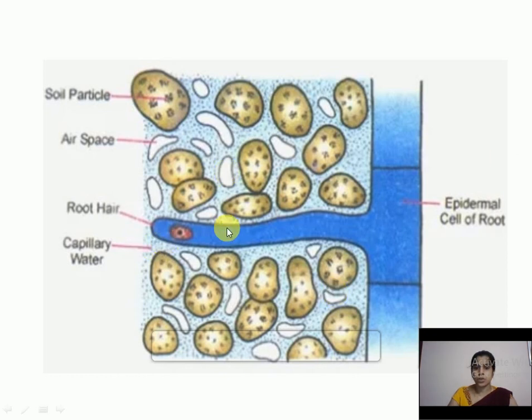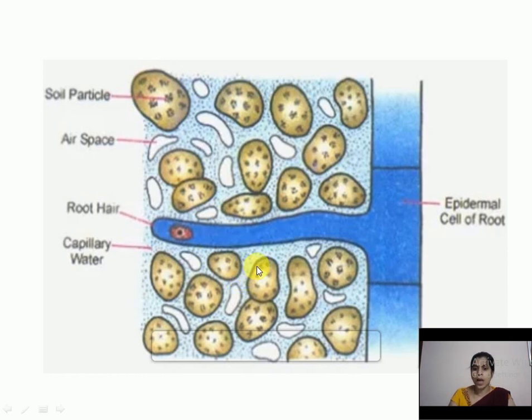See the root of the plant, especially the root hairs. You know that the small white hair-like roots help in respiration. So the roots of a plant take up air from the space between the soil particles. These are the soil particles. Okay, this is the air space. This is the root hair, and this is capillary water. Okay, clear. So the root hair takes up air from the space between the soil particles.